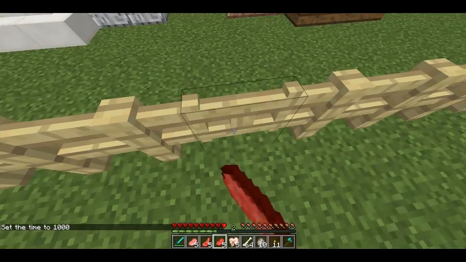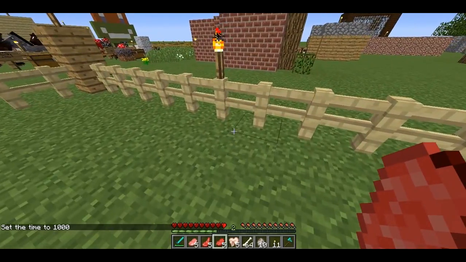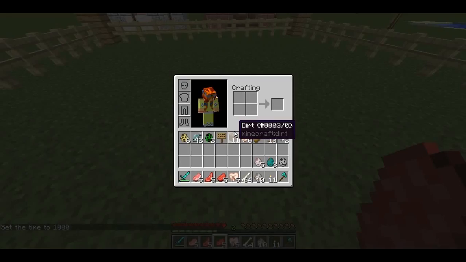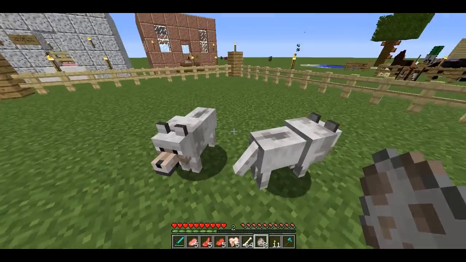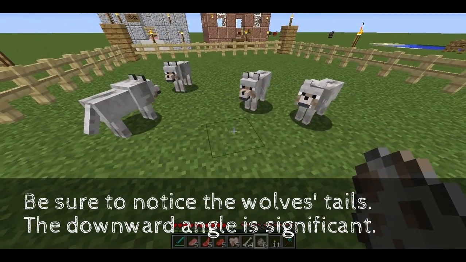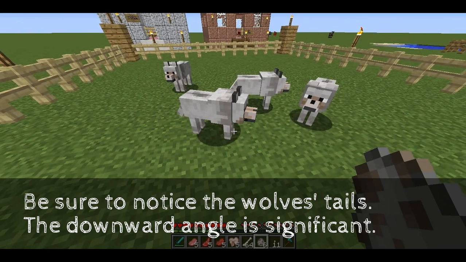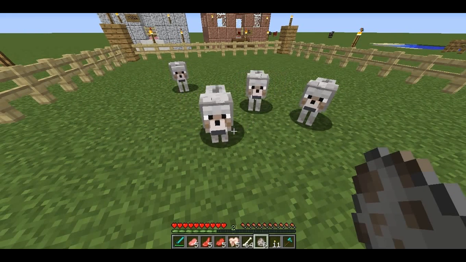So that makes them a good food source for your wolves. Wolves are a passive mob when they spawn. Here, we'll spawn in ourselves a few wolves. They spawn in packs of 4 just like that in the taiga biomes. There's several biomes. I'm going to link to the wiki because I will never remember all the different things to